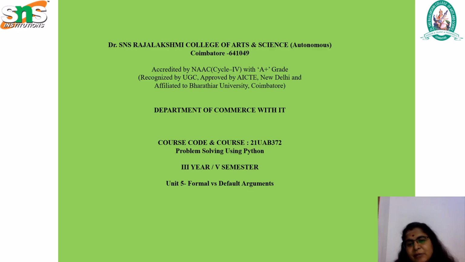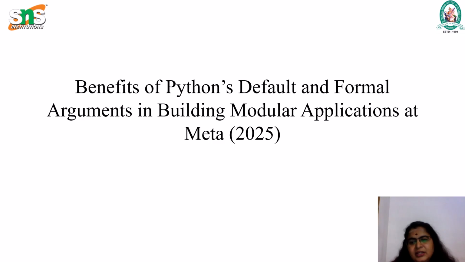Here we have two types of parameters: one is formal and the other is default. Default parameters represent the function variables that have default values. Formal parameters are the variables we declare in the function definition. And here we have to know the benefits of using default and formal arguments in Python when building modular